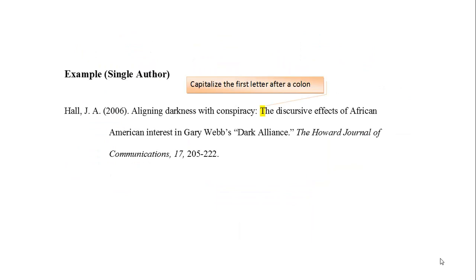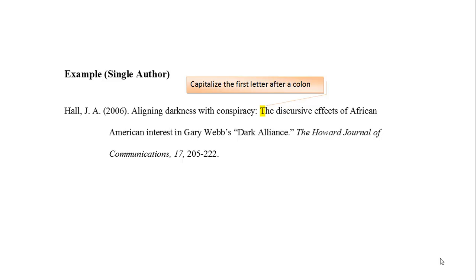So here's an example from a single authored piece, and we can go through the parts here once again. You see the last name Hall, the first name with a capitalization of J, a period, space, the year in parentheses, then a period, a space. Then you see the title of the article, Aligning Darkness with Conspiracy, with a colon, and then a capitalization of the first letter after the colon in the subtitle, The Discursive Effects of African American Interest in Gary Webb's Dark